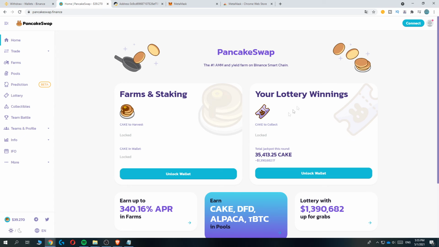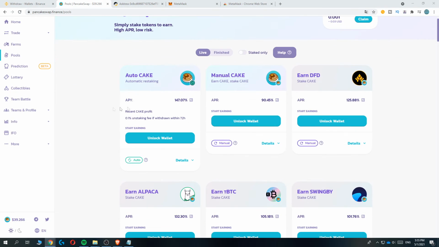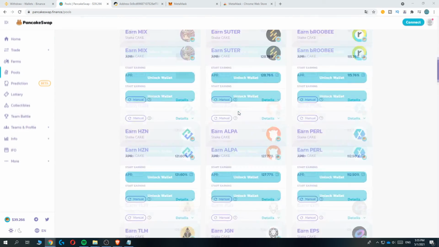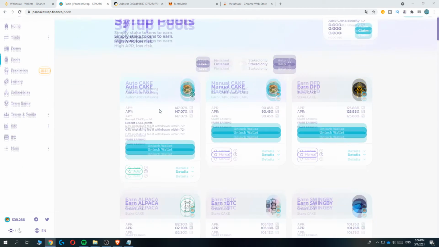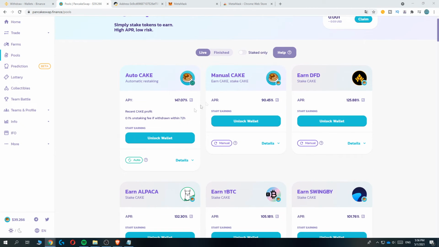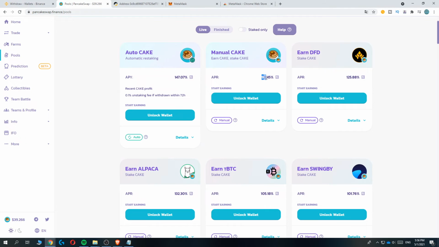So right now you will have a balance on your MetaMask as I just showed you. And now when you go to PancakeSwap, you can go to pools and you can basically send some coins to them and then you can get a return for it. So here on pools, here are all the available pools that you can do on PancakeSwap. So you can see all the information right here. The APY or APR depends on the pool, it is 90% for this one,